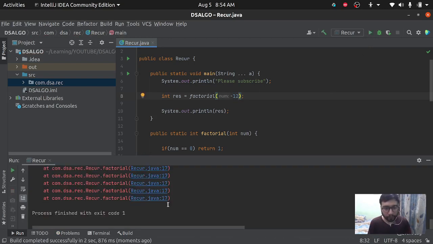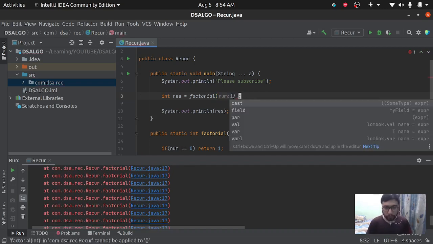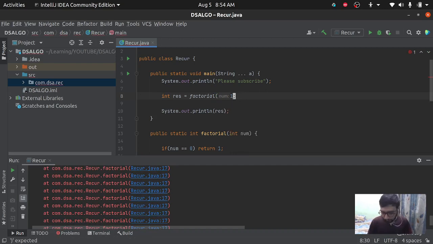So we have got an infinite loop over there. This is an edge case we found out, and it can be like 1.2, or 1.2 also we can pass there, correct? But since Java is a statically typed language, we are explicitly mentioning which type of input we are getting over there.